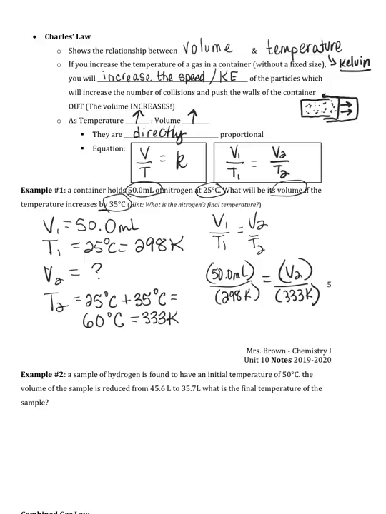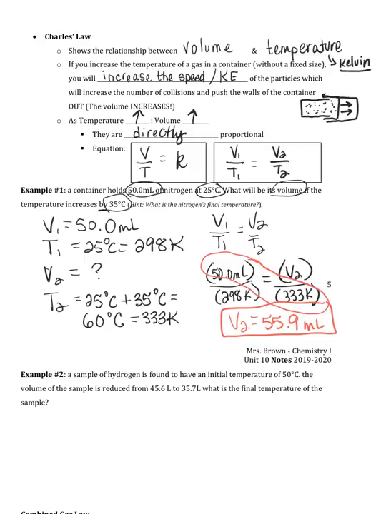We cross multiply here. So remember, we cross multiply what we know, divide by the other one, and so we're multiplying 50 times 333 divided by 298, and we're going to keep about 55.9, and our unit is milliliters. All right, our next one,